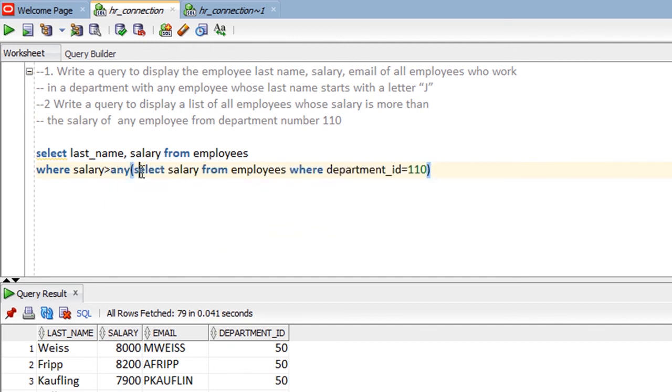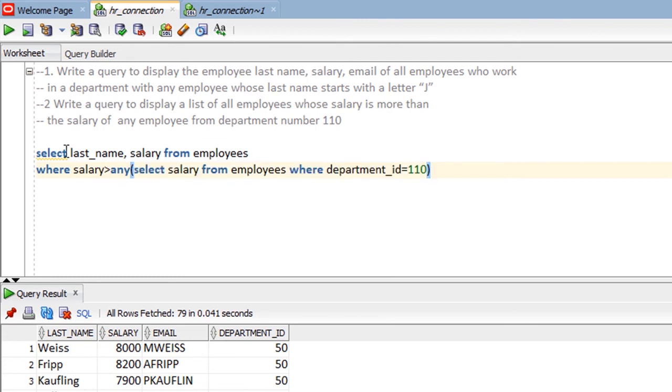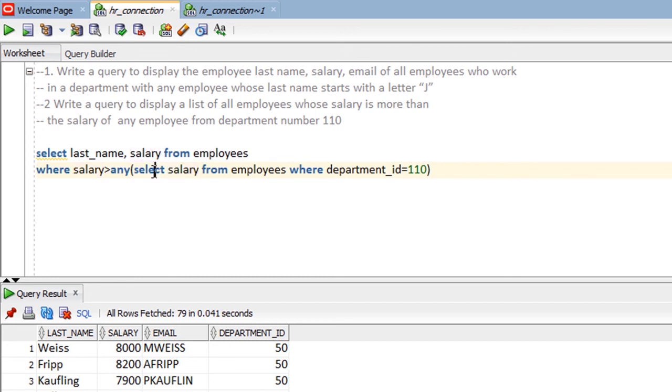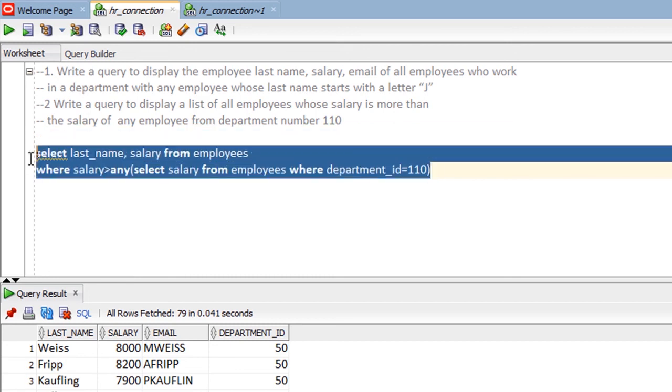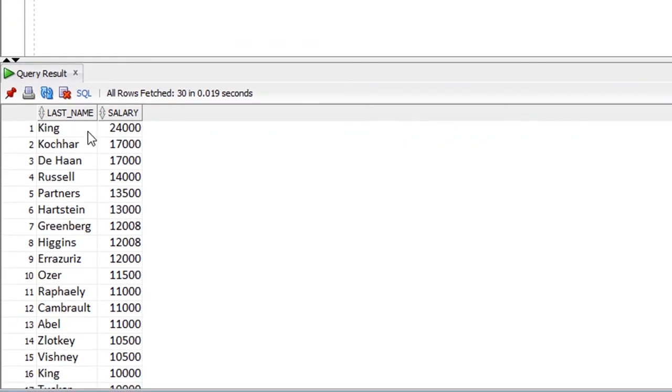So this select statement returns the salary of all employees working in department 110, and then the outer query runs and returns all employees whose salary is greater than any value returned by our subquery here. So once finished, we can run the select statement, and here we go. So this is a list of all employees whose salary is greater than the salary of any employee working in